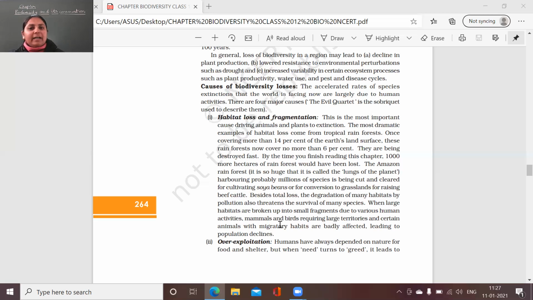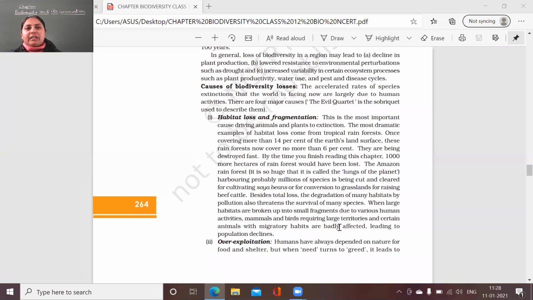ठीक है, वो species क्या करती है? वो उसी एरिया के अंदर बनी रहती है, and because they now have habitats in the form of small fragments, they have limited territories for their movement, such as some mammal species and some bird species, so they are badly affected. ठीक है, अगर वो माइग्रेट कर जाती है किसी नए एरिया में तब भी उनके ऊपर उसका बैड इफेक्ट होता है, पर अगर वो अपने ही हैबिटेट में बनी रहती हैं जो अब फ्रैगमेंट्स की फॉर्म ले चुका है, देन ऑल्सो देयर इज अ डिक्लाइन इन द पॉपुलेशन ऑफ दोज स्पीशीज।